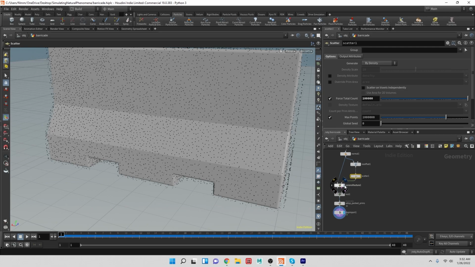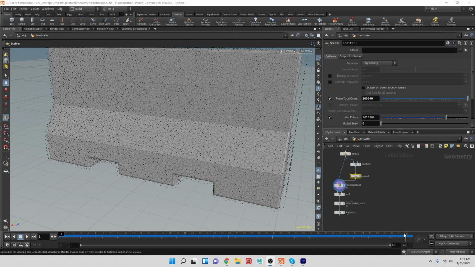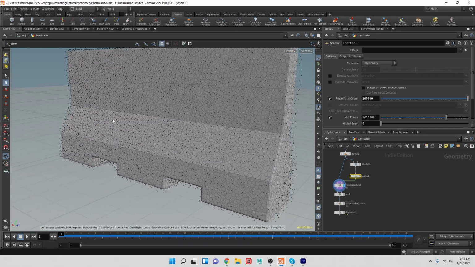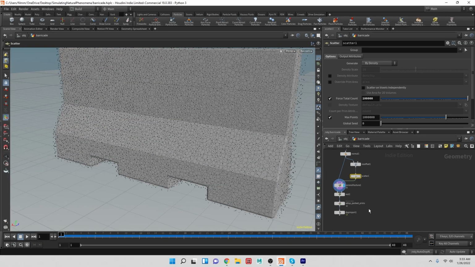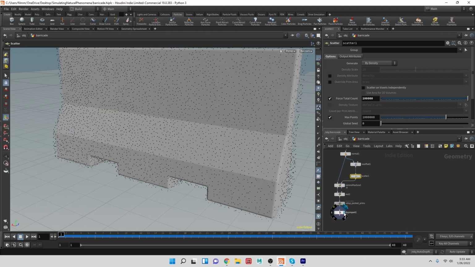Let's visualize it here at the Voronoi fracture so we can see. It takes some time. And it's going to be quite a few seconds, so I'm going to pause here. Okay, now we have the larger amount of particles. I'm going to go all the way down to the DOP import,